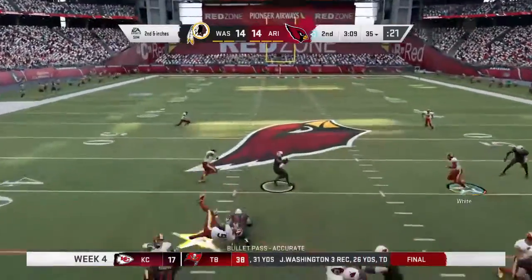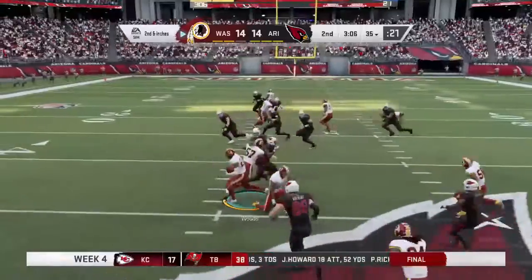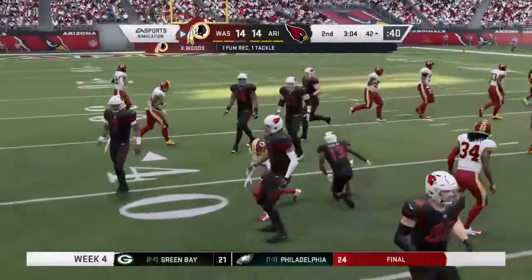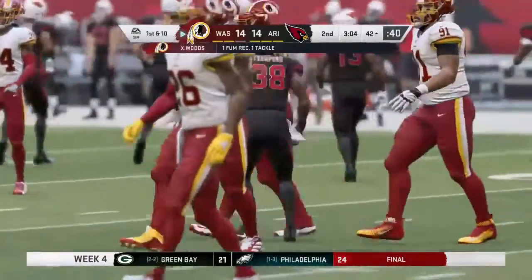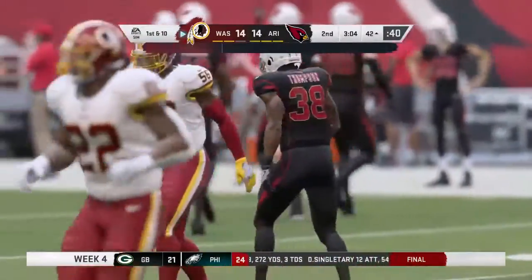On 2nd and inches, Haskins. And now a fumble. The ball's out, and the Redskins scoop it. And the return this time will go out to the 42-yard line. The psychology of the game never...